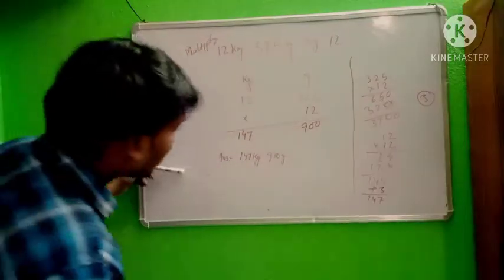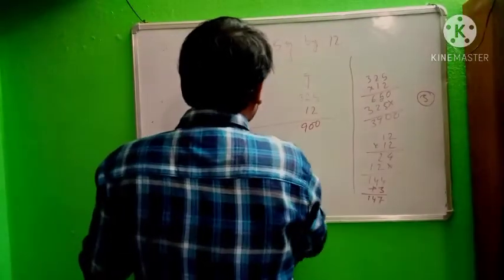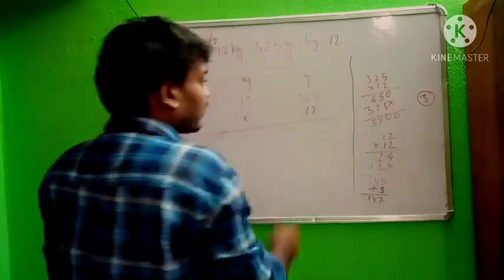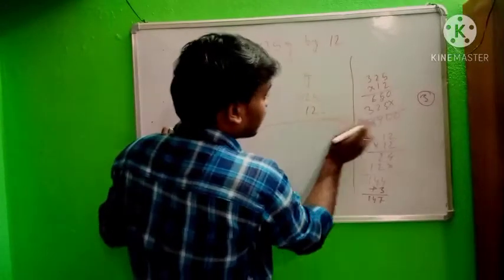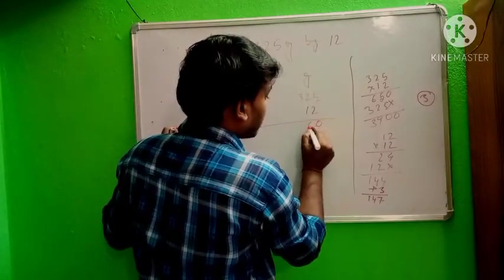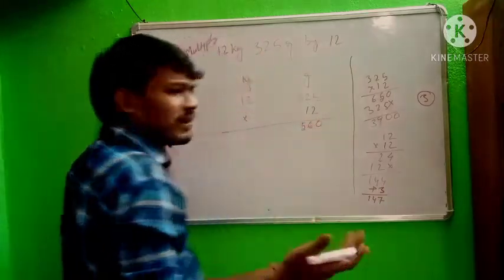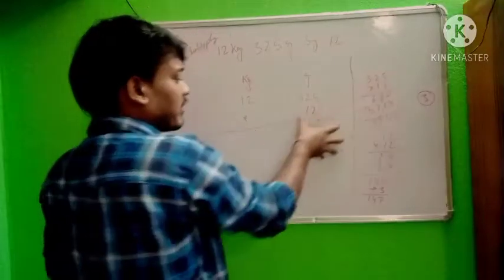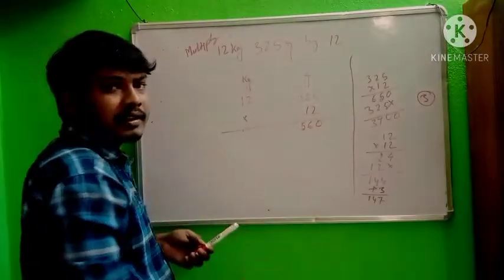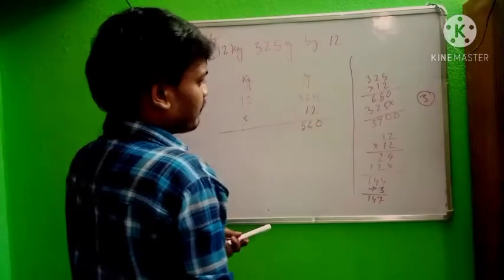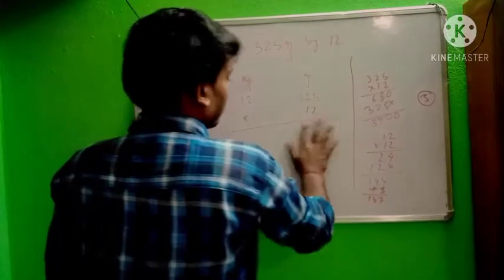Or you can directly multiply here. No need to show the multiplication in the graph. So you can directly multiply here. Okay, as you wish. In whichever process, this multiplication you can show here, after that you can write the result. Okay, no problem, as you wish. So very easy, similar to addition.